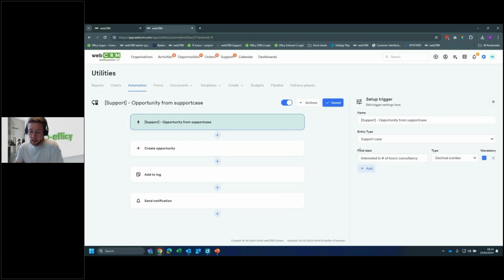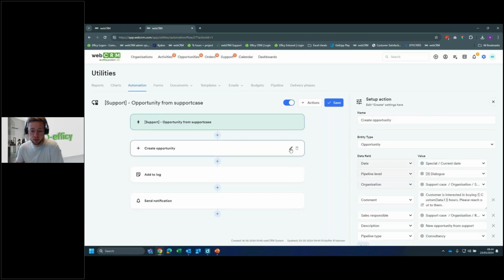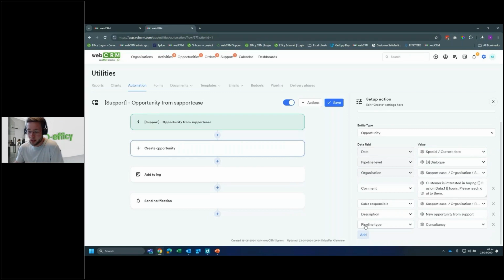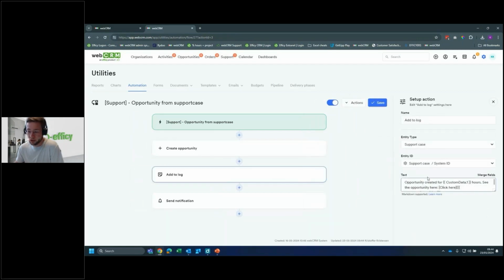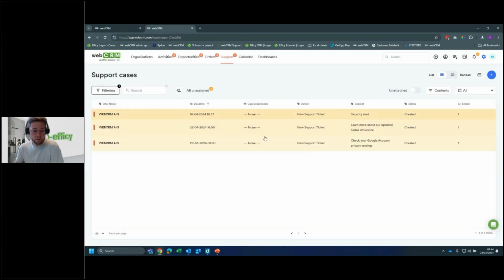Here I added a new label or new field called interested in number of hours consultancy. And when we press this button in the top, I wanted to create an opportunity, and I just set up the different aspects or different fields that I wanted to fill in. And I also set it up to create something in the log as well, and then send a notification for the salesperson. So when I'm in a support case, let's say this one,